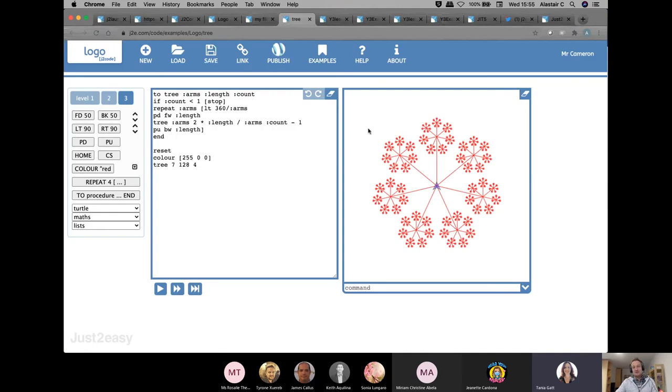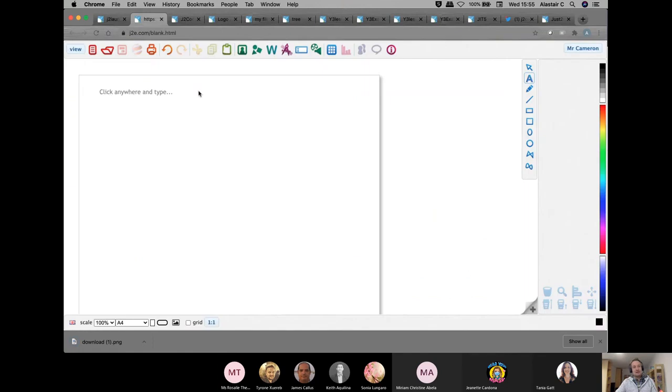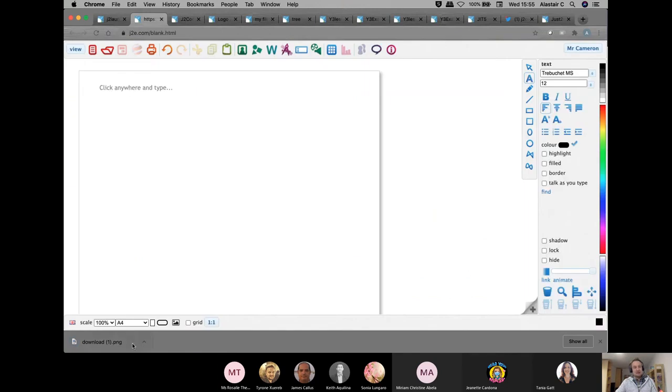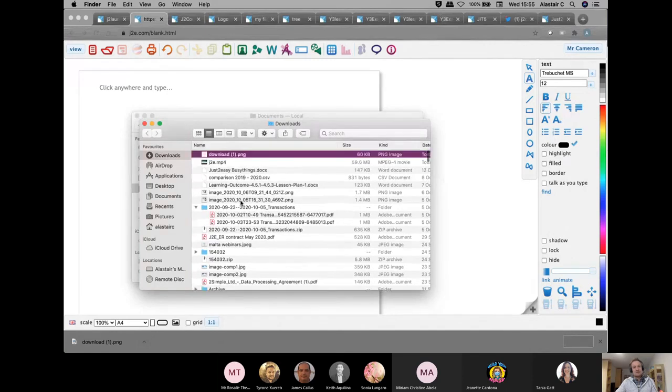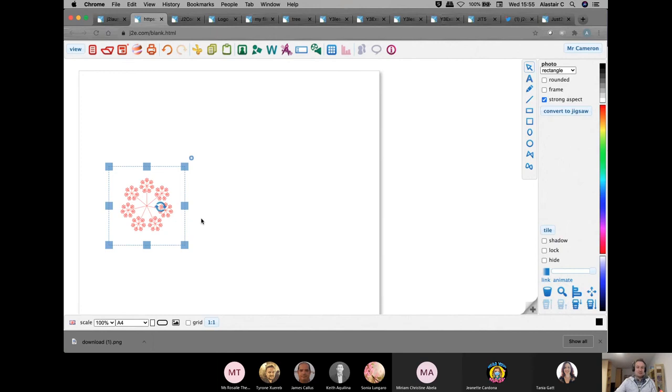Oh, this worked beautifully earlier on, and it's a shame to have to do it this way. Now I'm on a Mac, so I could save the image as and download that image and then go into J2E5 and let's just show that image when it's loaded up. So here I'm going to drag that image into J2E5 and there's my image. Thank you, Tanya. That's taught me a lesson: never trust your own instincts, and if that wasn't a process that you would advocate, then always do it that way.